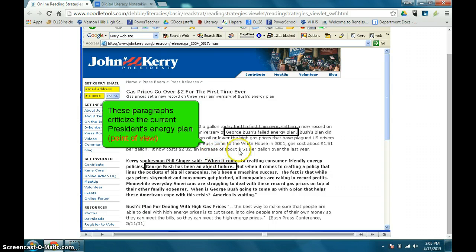I'm thinking about point of view. Point of view is whose opinion or perspective am I getting on this website? These paragraphs are criticizing the current president, or then current President Bush's energy plan. So this is giving me important information about the point of view. This is probably from the point of view of a non-Bush supporter, which makes sense since it's a John Kerry website, who was a Democrat who opposed Bush's